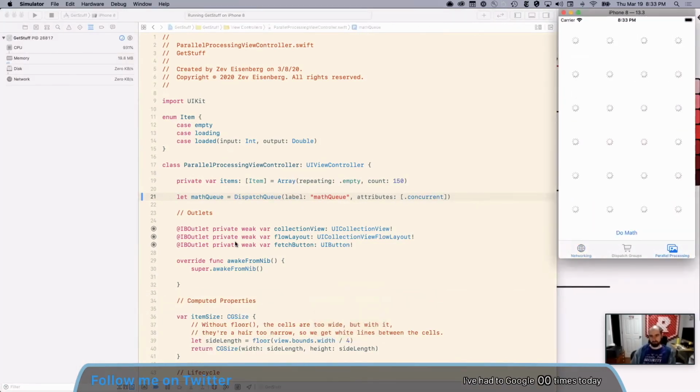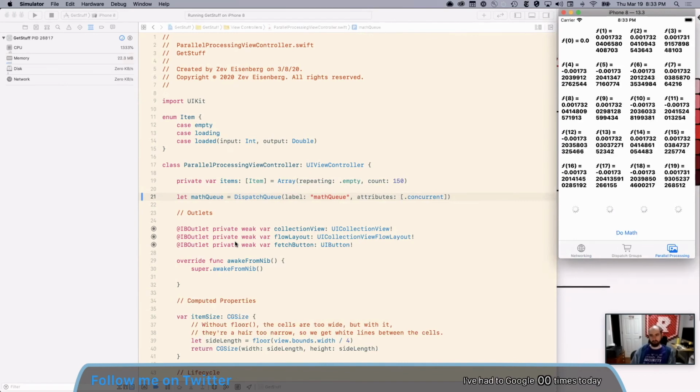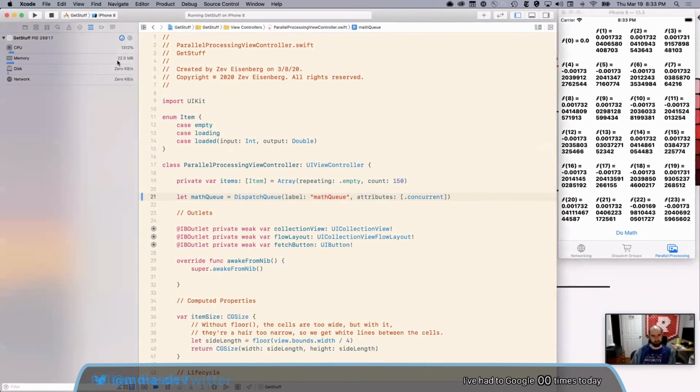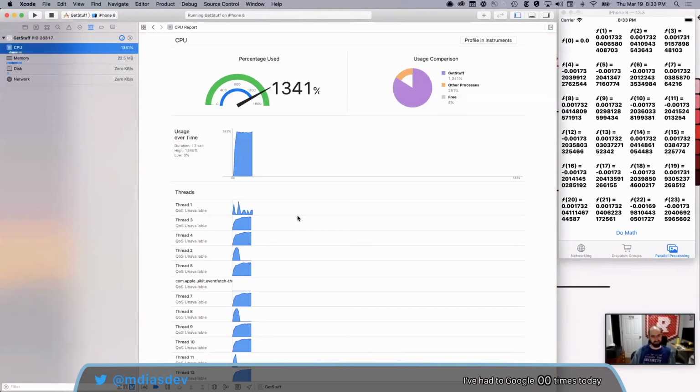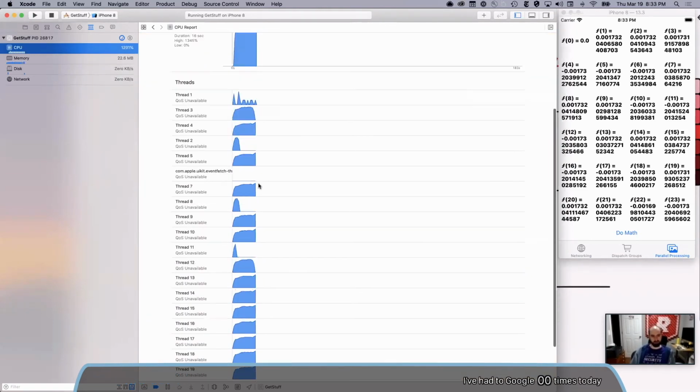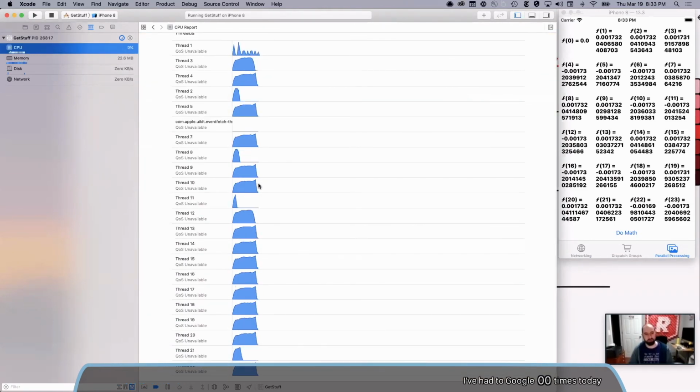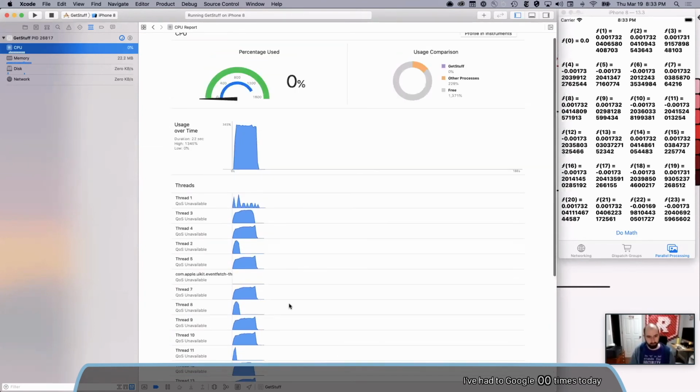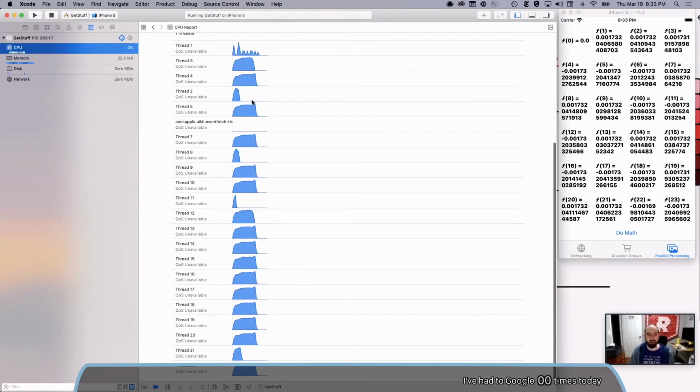Do math. Whole block of 8 all came back at once. Let's see what the CPU is doing. Oh, cool. Instead of 100% CPU, now I'm using 1300% CPU. So that's neat. And if I click in here, you can see a whole bunch of threads. You see it spun up. I only had like 5 threads before. Now it's spun up 22 threads, and they're all cranking as hard as they can in the background. It's already done because it did them all in parallel, which is pretty cool.